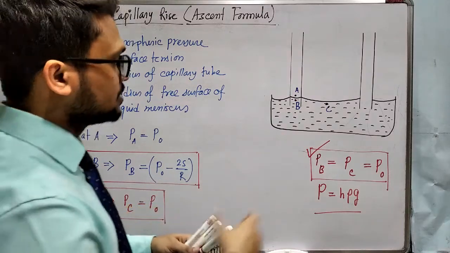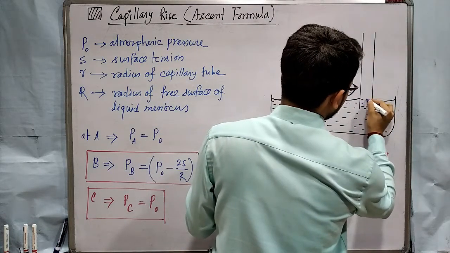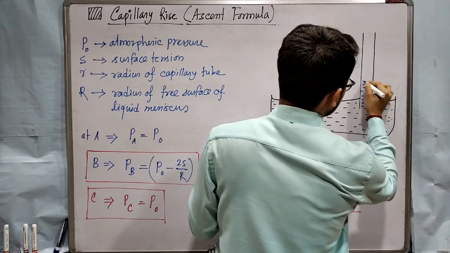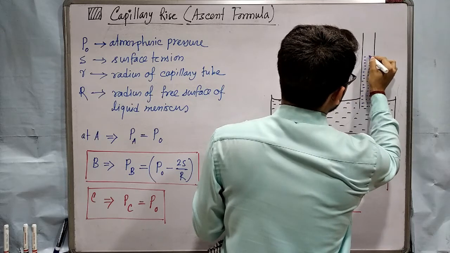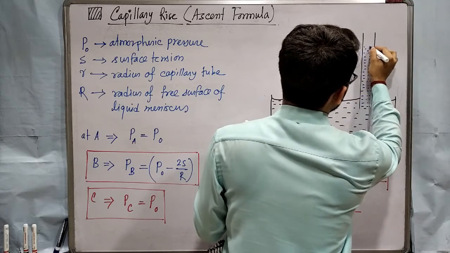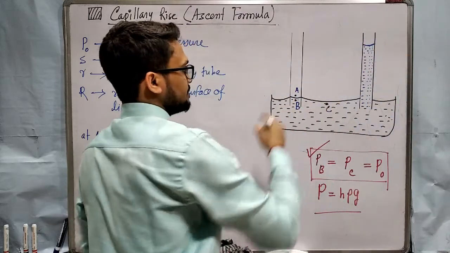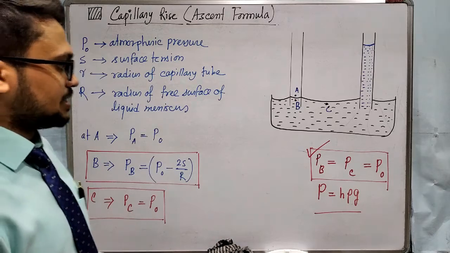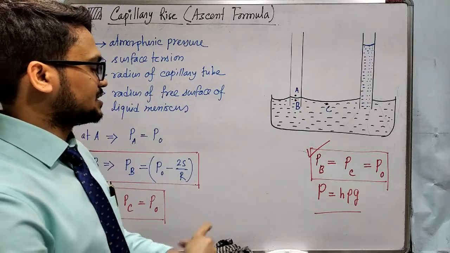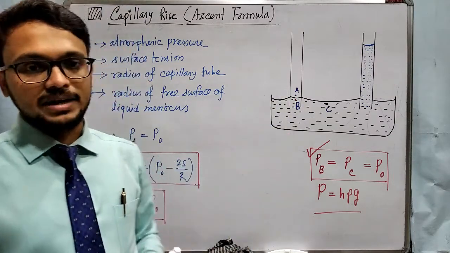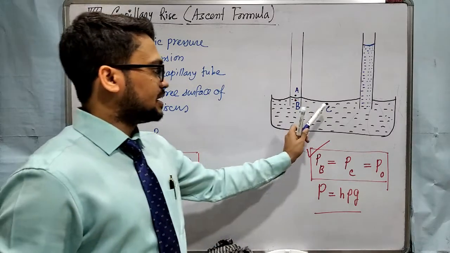Okay, so now come to this one. Here liquid is going up by some height. Why will the liquid go up by some height? Because at the convex face pressure is less than atmospheric pressure. There is a difference in pressure between point B and C. But we know this concept, that pressure at the same depth will be equal. For that reason the free surface of liquid at point B will not be in equilibrium, so it will go up so that it can balance the pressure at point C.